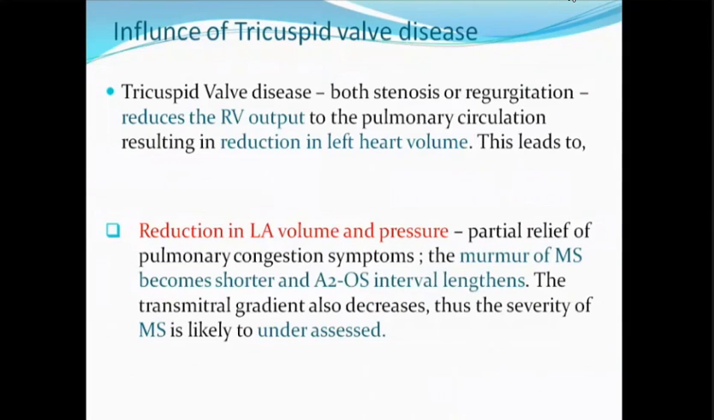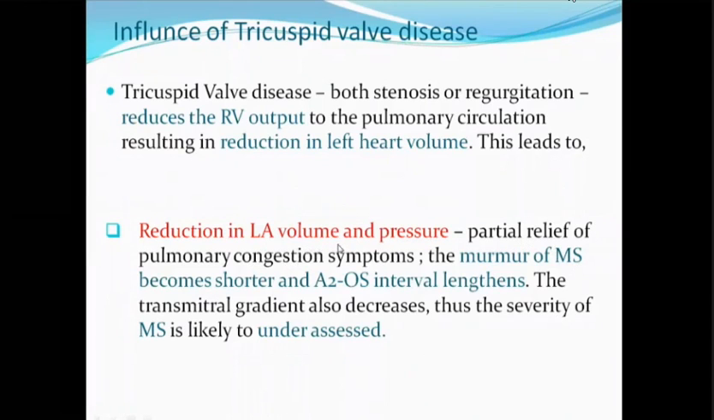Then the influence of tricuspid valve disease on other lesions. Basically, tricuspid valve disease, whether stenosis or regurgitation, can reduce the right ventricular output to the pulmonary circulation, which results in reduction in the left heart volume. So this affects various other valvular diseases, like